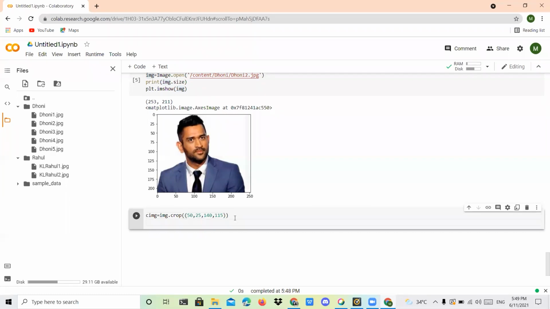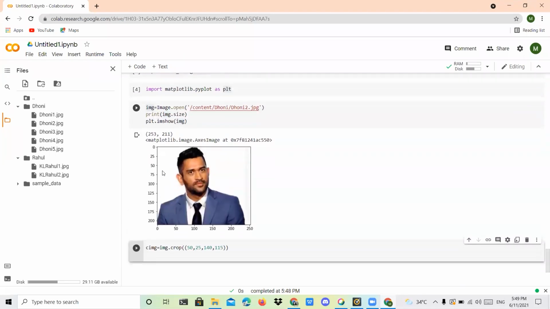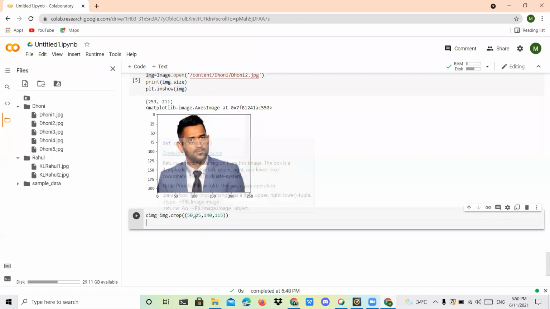That's all. Whatever image you want to crop, you can use it like this. Very simple. First, load your image into one variable, then pass that variable here. Image dot crop, within that give two brackets. Here you have to mention four coordinates. The first coordinate is x starting. Sorry, the second coordinate is y starting. The third coordinate is x ending. The fourth is y-axis ending. So this is x, this is y.